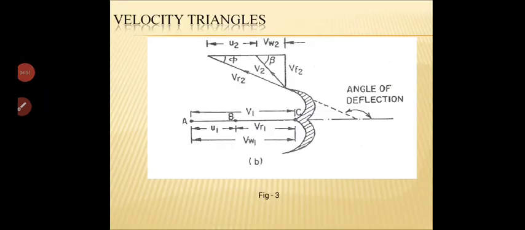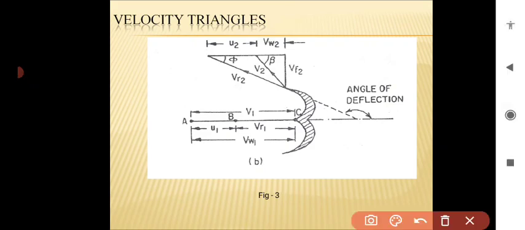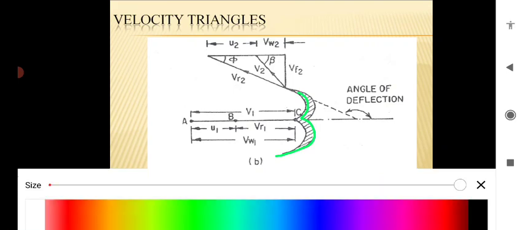Velocity triangle, its animation. In a Pelton wheel turbine, we already know that a double hemispherical bucket is used. So first we draw the double hemispherical bucket. On this bucket, the water jet strikes in a tangential direction, that means it comes in this horizontal direction. This part of the bucket is known as the split edge. If you don't know the basic components of a Pelton wheel turbine, then go to the playlist and the description to watch that video.